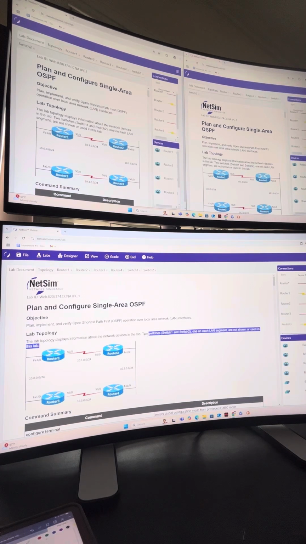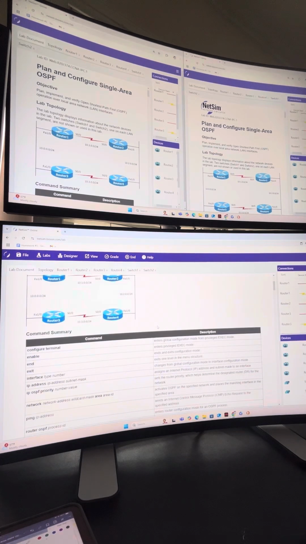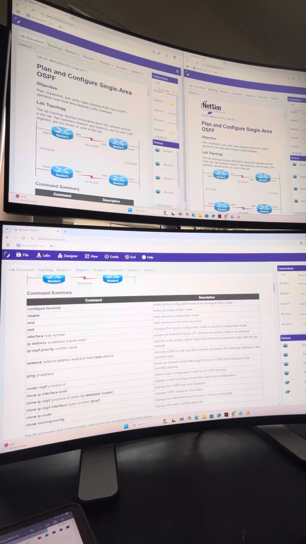All right. And it says right here in Boson, 2 switches, switch 1 and switch 2, one for each LAN segment, are not shown or used in this lab. So we can just kind of imagine that we have a switch right here, and we also have a switch right here. Okay. So let's go ahead and take a look at the commands that we're going to be using